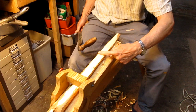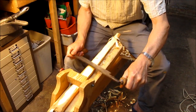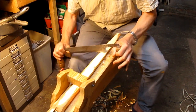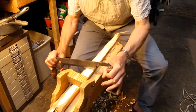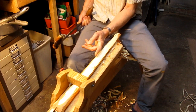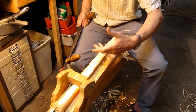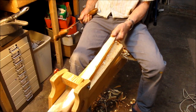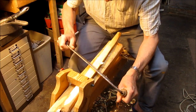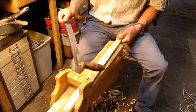But I've just worked that bit flat on the back. I haven't taken the edge off. I'll take that edge off now. Just tidy up there. So that's an approximation to following a growth ring over this edge. I haven't done this edge, but I've not been fussy about it. I'm just working it down to a general idea. So if I take this edge off as well to match, and again try and follow in where the wood wants to tear anyway. Keep looking at the sides as well as the...